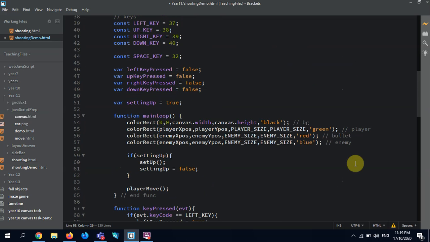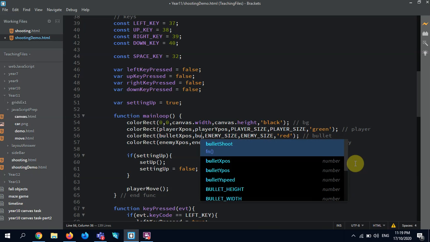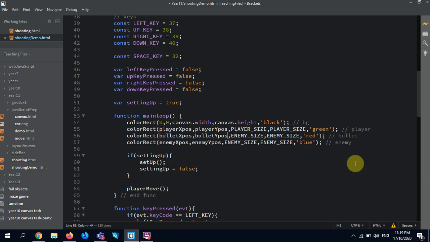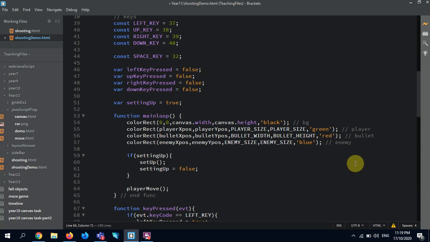Start on this end because I'm just used to it. Bullet xpos, bullet ypos, bullet width, right, bullet height. Right, and it's red. Okay, so